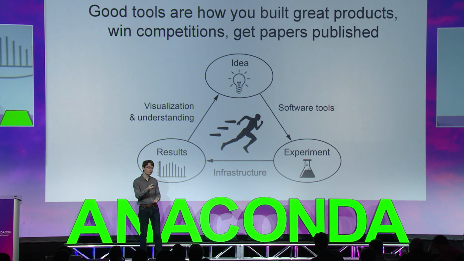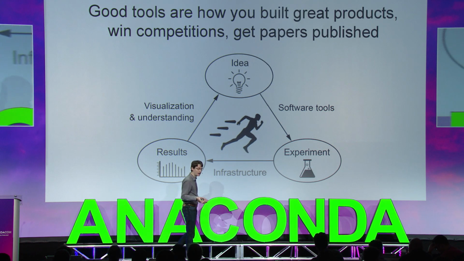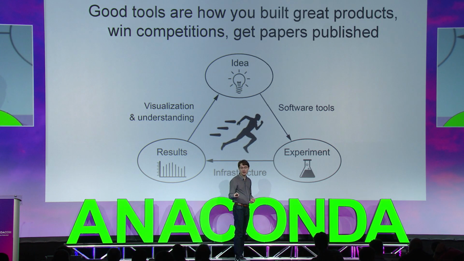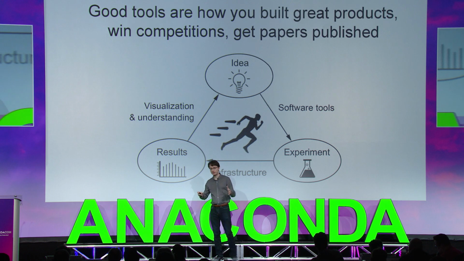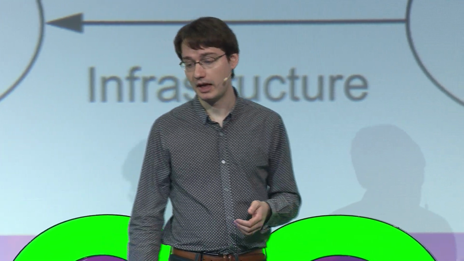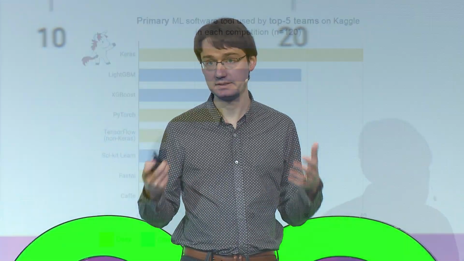It's all about iterating. And what's critical here is the speed at which you can go through this loop. And good UX really enables you to minimize the time from idea to result, because it minimizes the time from idea to experiment. So if you have fast NVIDIA GPUs, you minimize the time from experiment to result. But if you have good software tools, you minimize the time from idea to experiment, right? And you see this in practice.